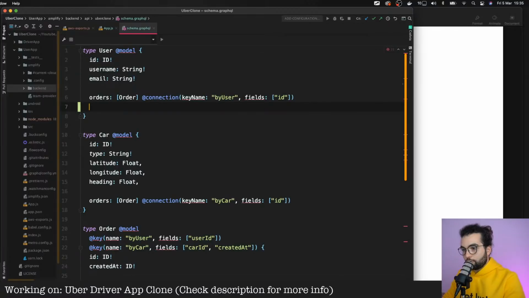For the user, the car will not be required, because a user that joins the user-side application will not have any cars. So the car will be a connection.